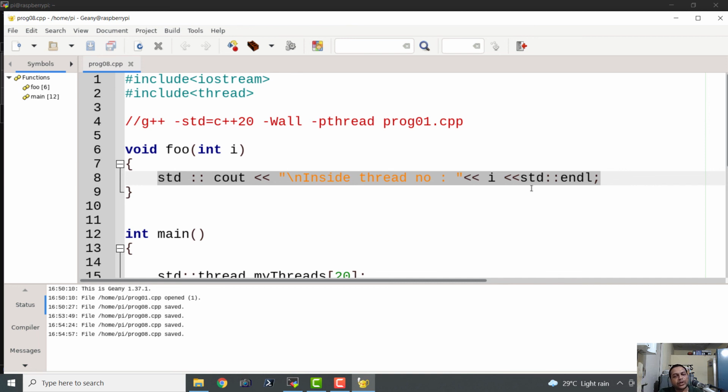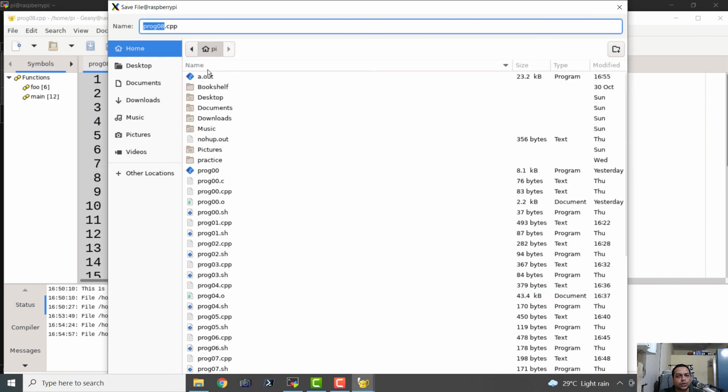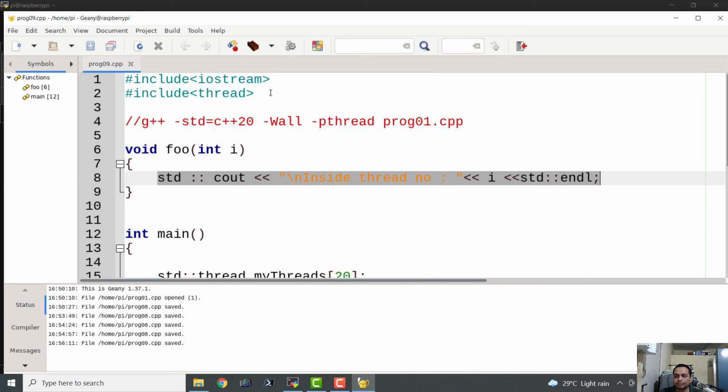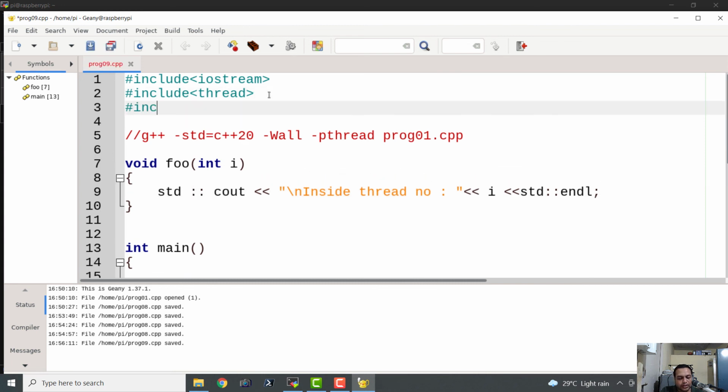So we are just going to make a very small modification to this by adding a mutex, and let us save this as program09.cpp. #include <mutex>, and let us create a mutex m.